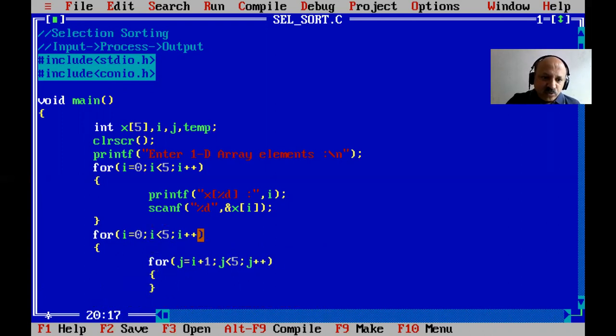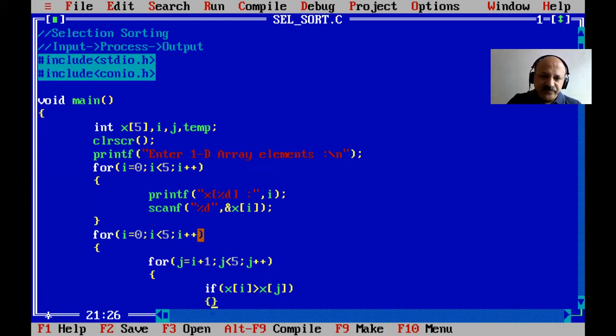Now what to do? Here we can apply the if condition, so x of i greater than x of j, then we can apply. You can also directly use i and j. So here I use i and then j.